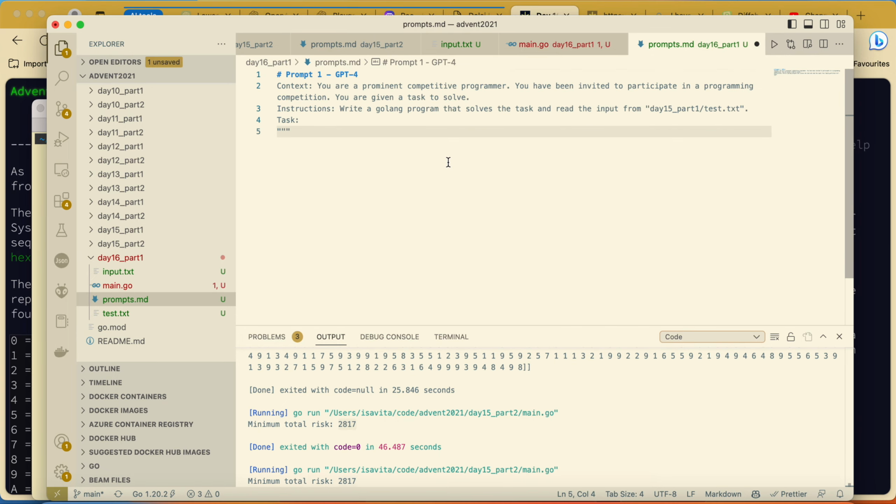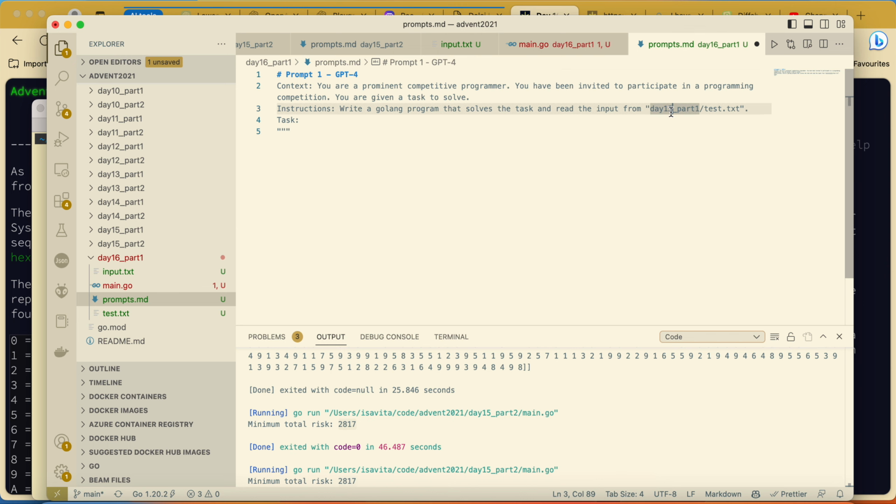What we usually do is prompt with a context. We're saying that the model should keep in mind that it is a prominent competitive programmer invited to a programming competition and is given a task to solve.